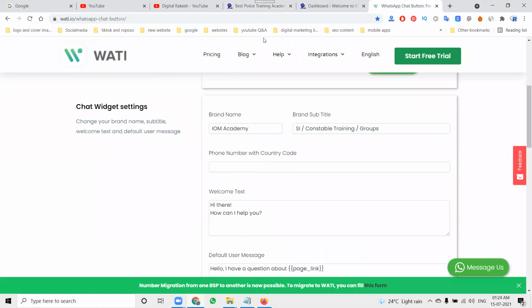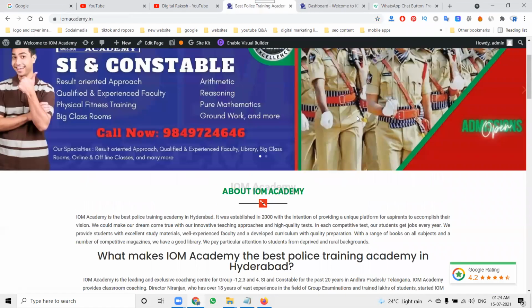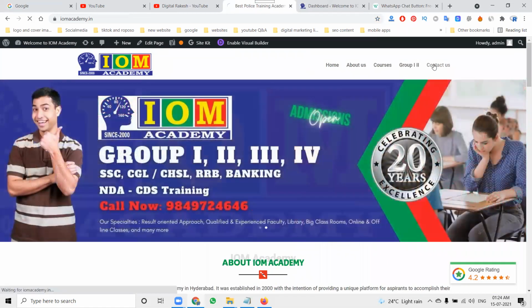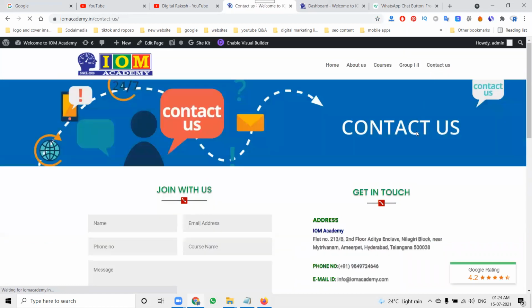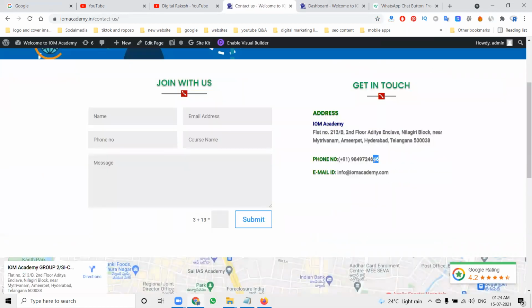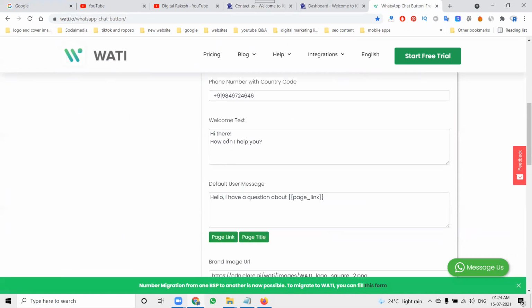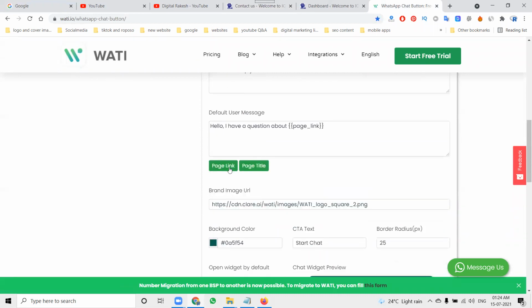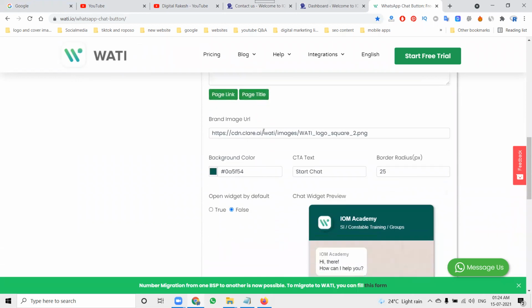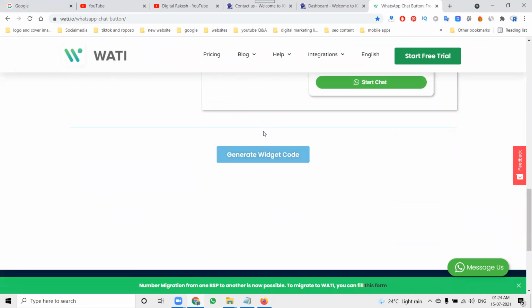You can add the phone number. So anyone looking for any kind of particular constable training, they will provide the training. You can contact this particular person, whose name will be there. You can contact them along with the options. Okay. Hi there, how may I help you? This will be the particular option, and this will be the particular code.